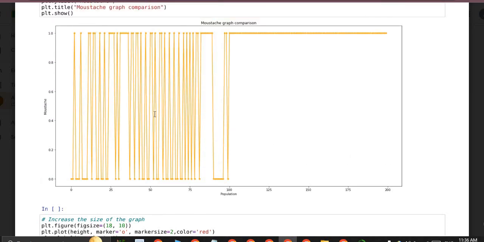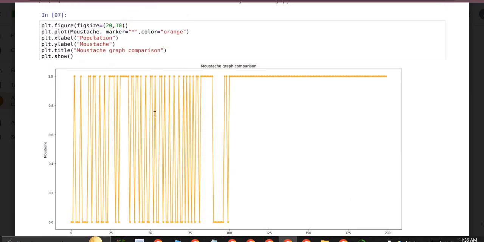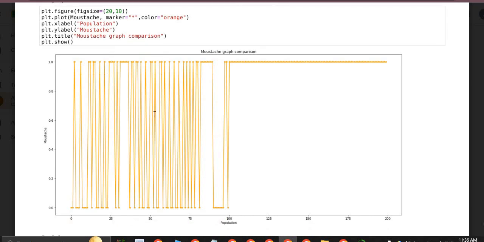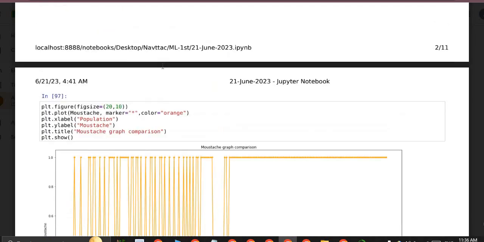Here we will explore the data of mustache, whether in the 100 samples there is a mustache or not.